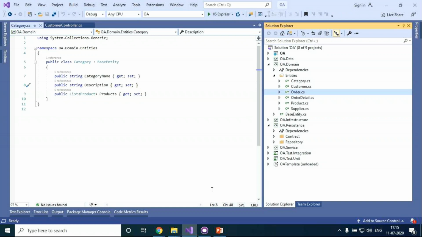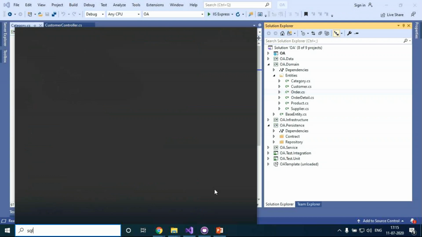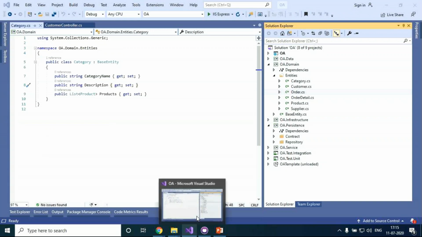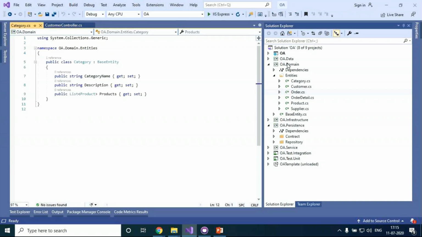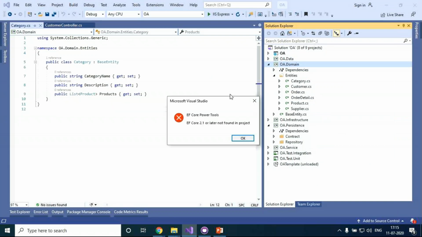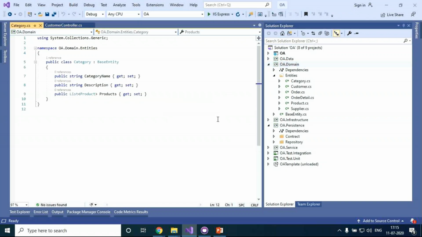I'll open SQL Server also, with Entity Framework. Let me open my database.